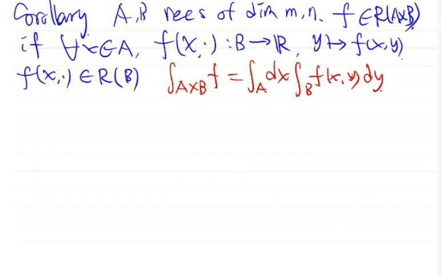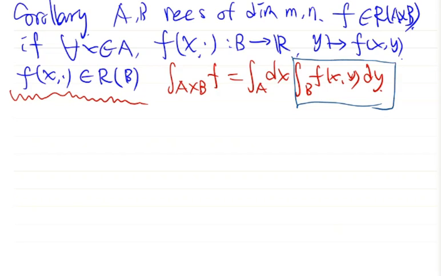the difference of this corollary with the theorem is that in the theorem we have not assumed the integrability of this function for every x. Correspondingly, the inner integral makes no sense. Instead, we use the upper integral and the lower integral. Okay, but now since we add this assumption that the inner integral exists, we don't need to work with upper and lower integrals, simply the usual integral. So this is the corollary.